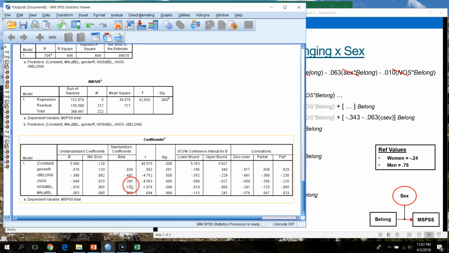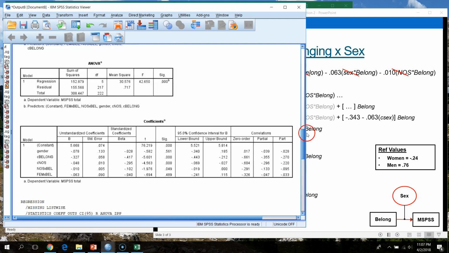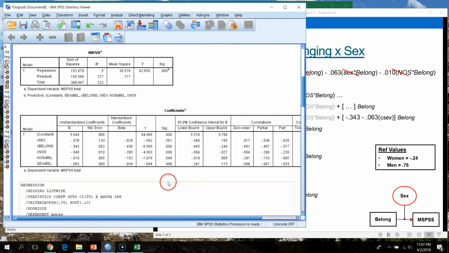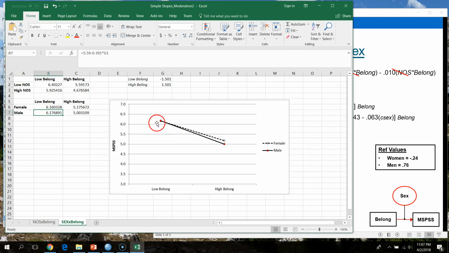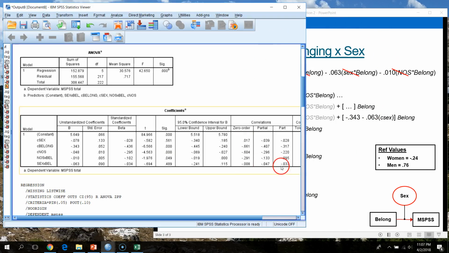We see that thwarted belongingness holds a negative relation with perceived support for both men and women, but what we know is, given that this interaction term is not statistically significant, we do not have in these data sufficient evidence to suggest that the relation between thwarted belongingness and perceived support is reliably different for men than for women. Okay, so